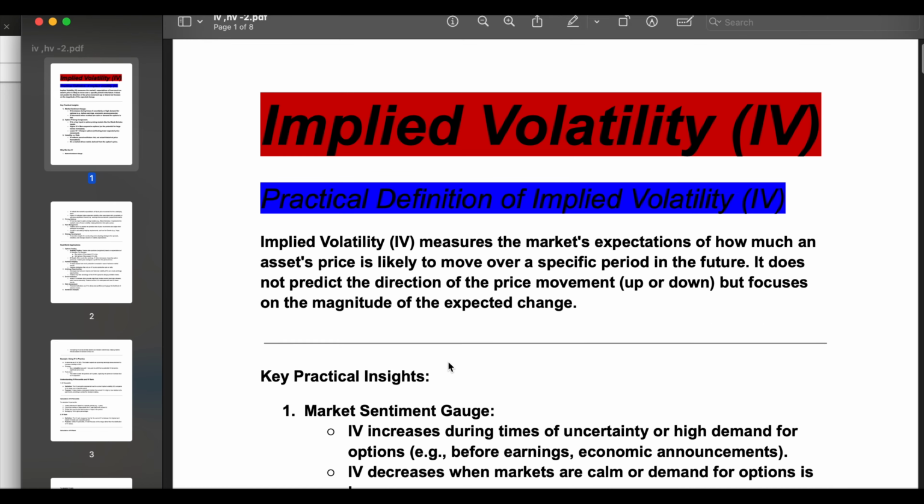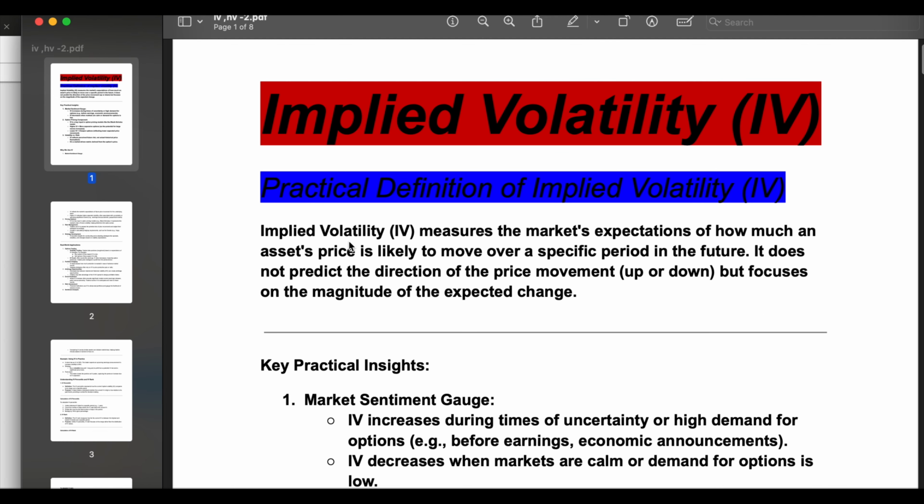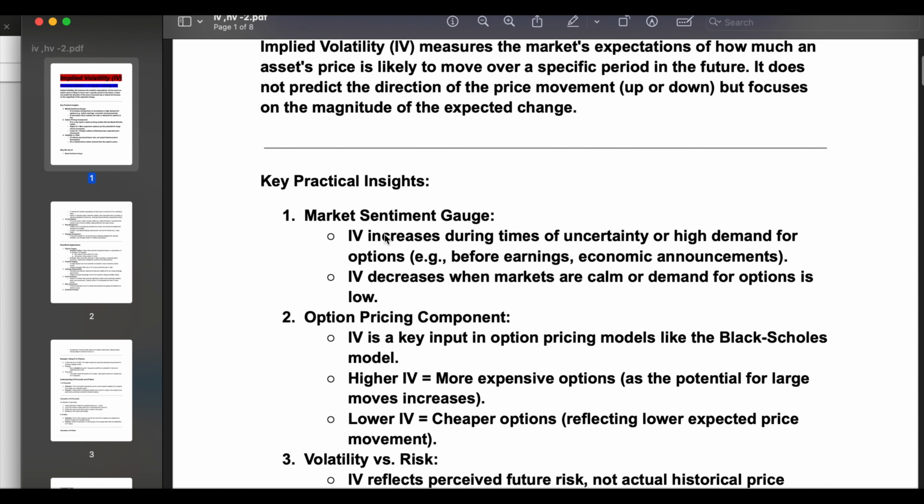Okay, so the practical definition of IV. IV measures the market expectation of how much an asset price is likely to move over a specified period in the future. So IV will give you how much your price can move up or drop in the future. Correct? So practical inside IV you can measure